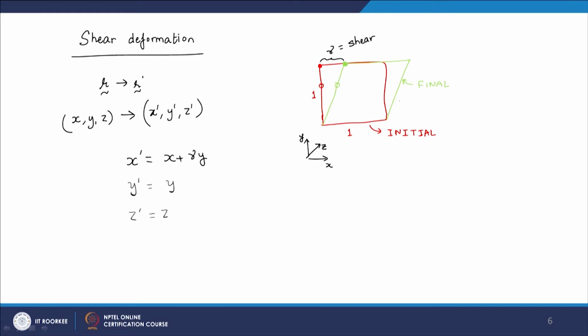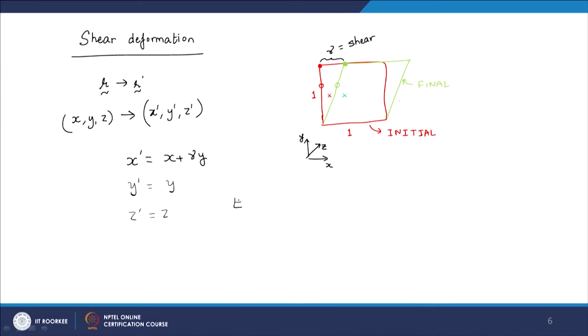actually do it for any point in the material, even that is not on the edge, they will also essentially retain the same y and z coordinate, only change in the x coordinate. So, given this particular deformation, this is also called simple shear, we can define the deformation gradient tensor as